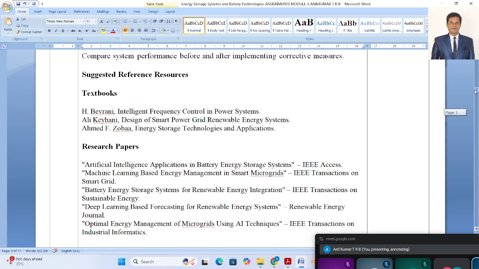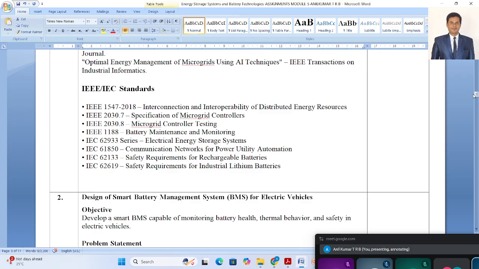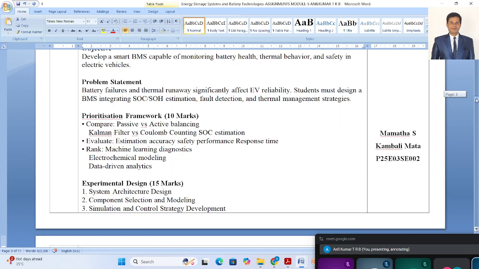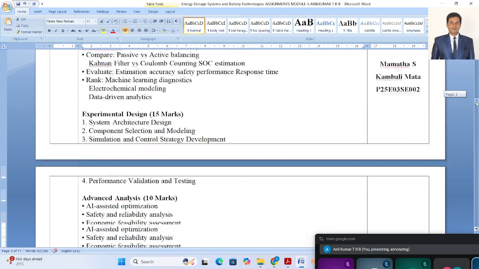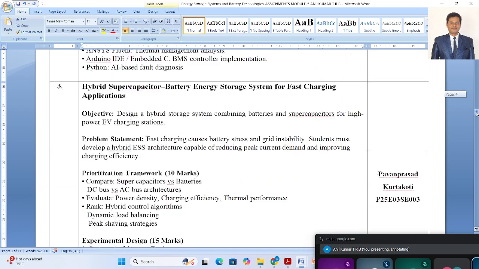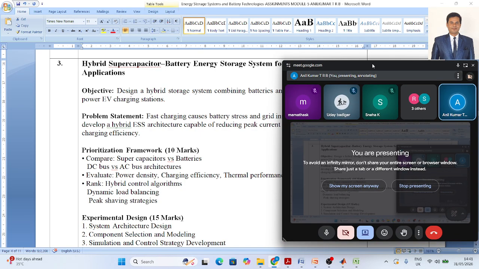Okay, so what are the textbooks you have to go through? Okay, so what are the IEEE standards that you have to maintain in that? Yeah, so those things I'll just provide you. These are suggestions they have given me to analyze. They have told the students to do the analysis. On that basis, whatever step by step we have given, you follow up on that. Okay, if you don't follow anything else during the PBL, you try to come and meet me if you find any problems.